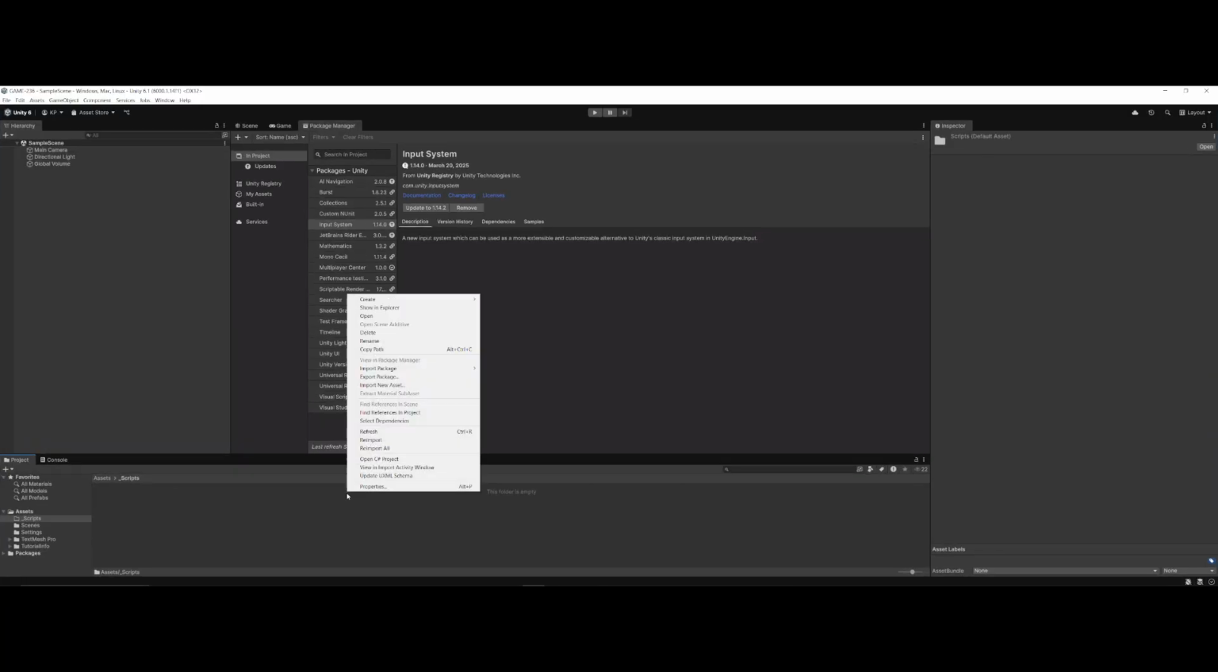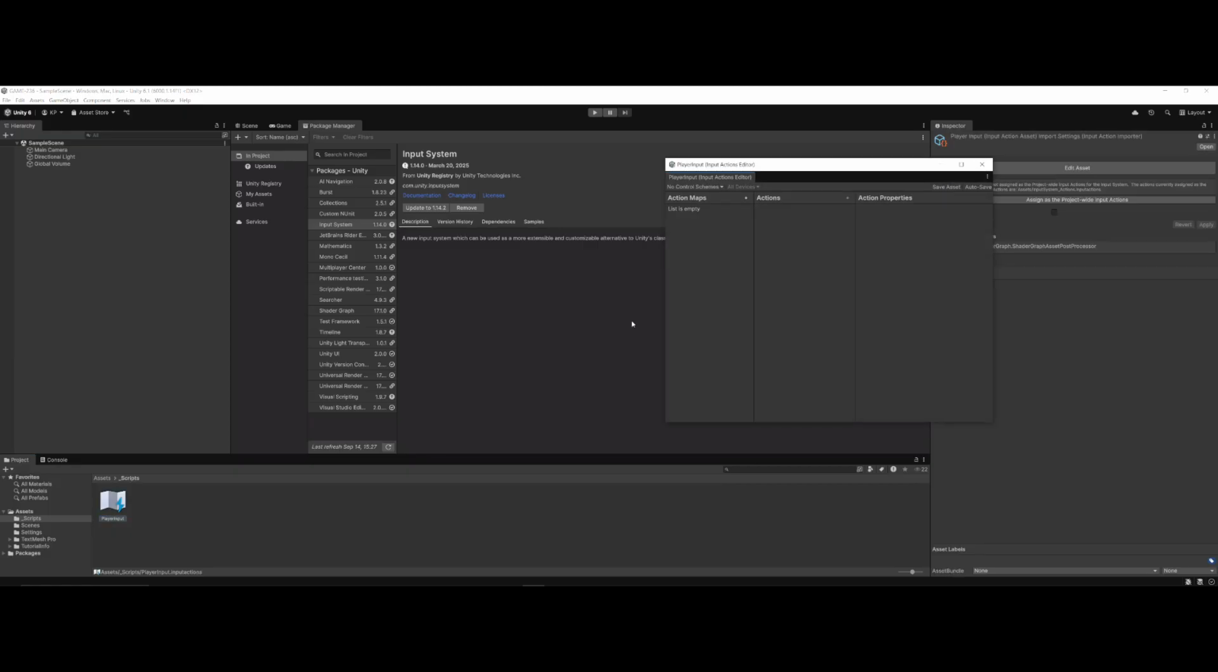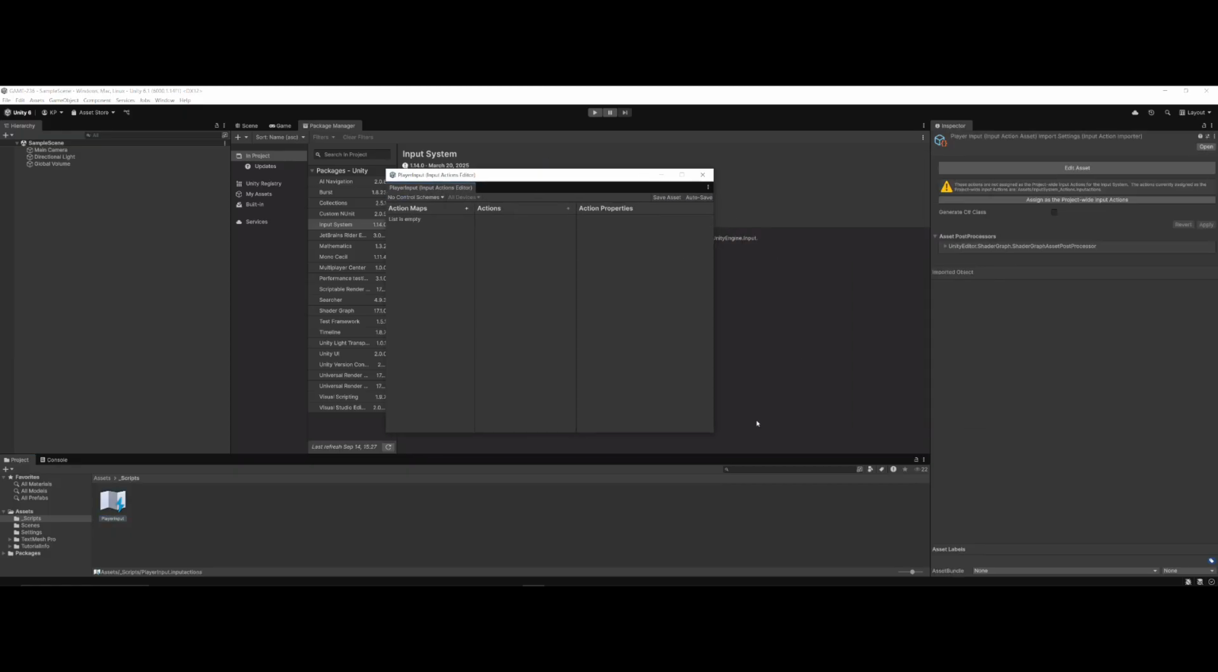So we right click, create, and all the way at the bottom there's input actions. And this creates an input action asset. I'm going to name this player input. We can double click it. That opens up a little editor here